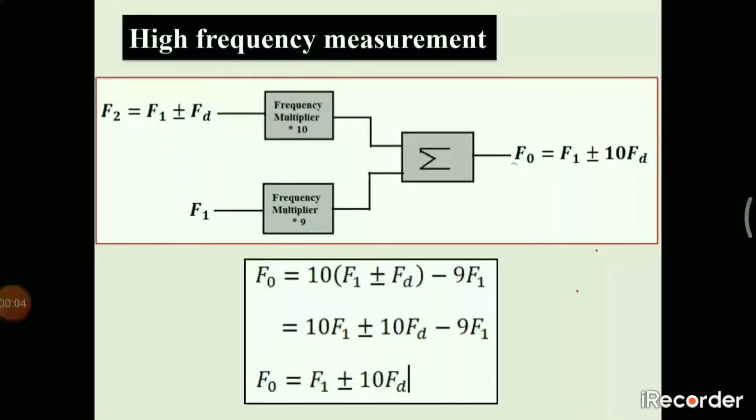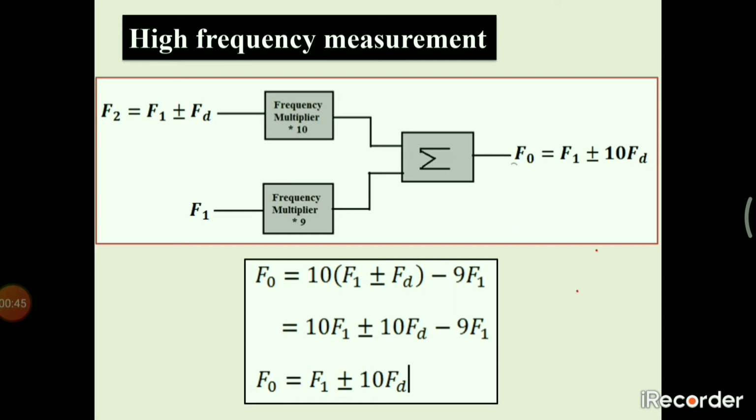High frequency measurement. A method commonly used for accurate measurement is to multiply the signal frequency and then measure it. For example, let's consider 1 MHz frequency, which may be increased up to 1 GHz, and this frequency is subtracted from some reference source. So the output of this will get more accuracy as 1 part in 10⁹ with 1 second measuring time. So for a more accurate result, we require a frequency difference expansion method.